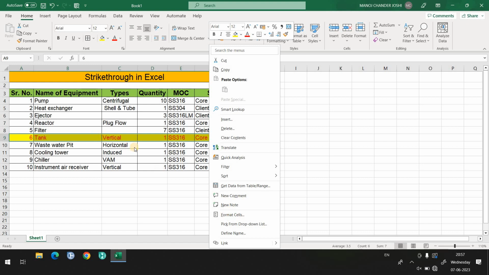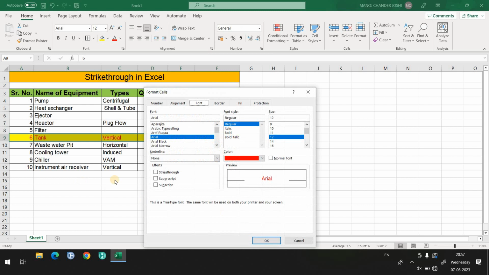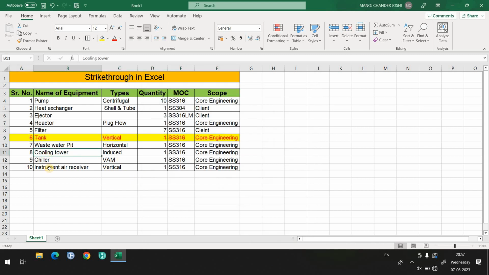Basically, simply select this cell, then go to Format Cells, and when you click on strike through, see here, Arial, and it will cut through from the center. So now it is showing clearly that this tank is not part of the equipment list. Are you getting my point? It means this tank has been removed, right?